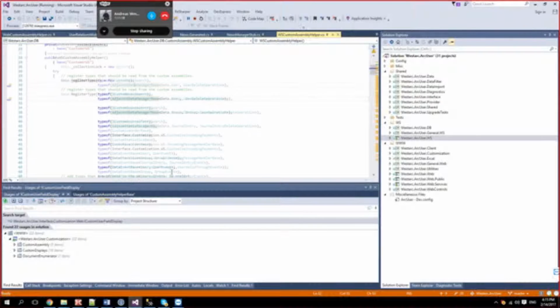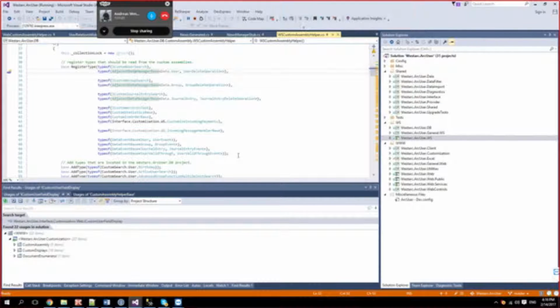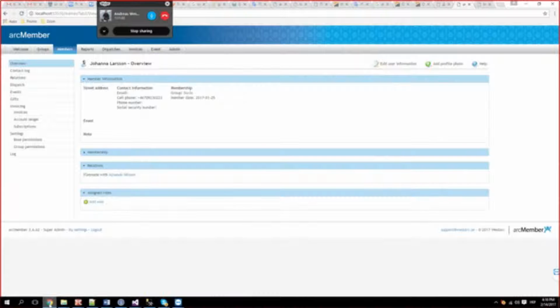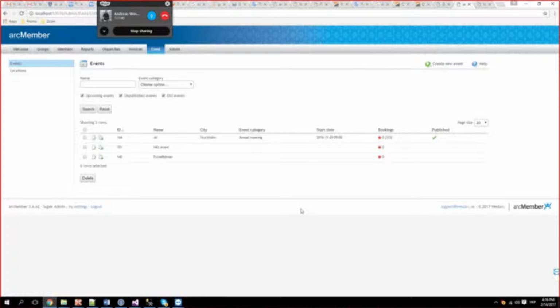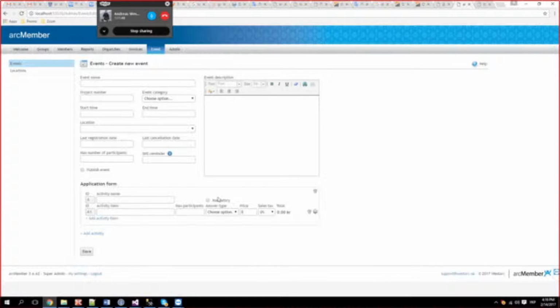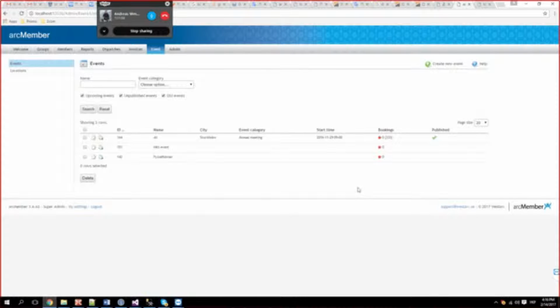Okay, so let's have a look at this. Our project for you to start with now is that we want to be able to send SMSs when an event is about to start. So this is our event module. We can start to create a new event. I'll just give you a brief. No, we don't bother with creating a new one. Sorry. I'll give you a brief background of what's going on here.